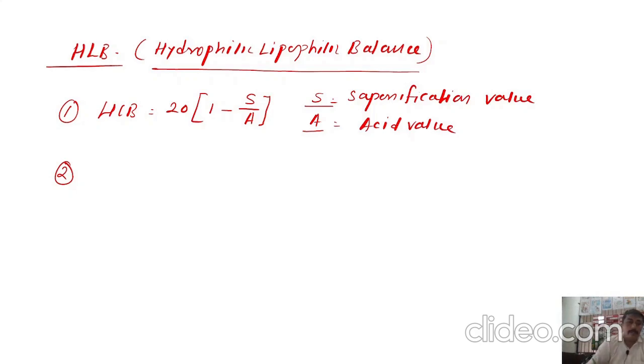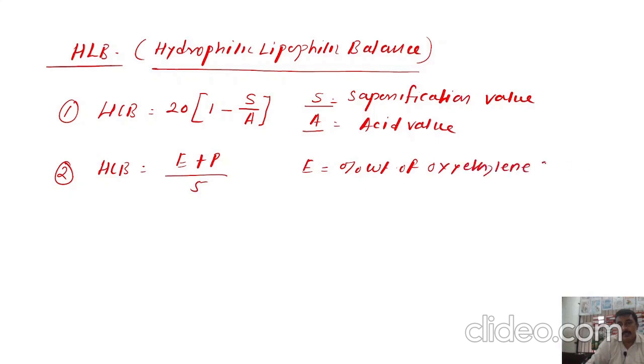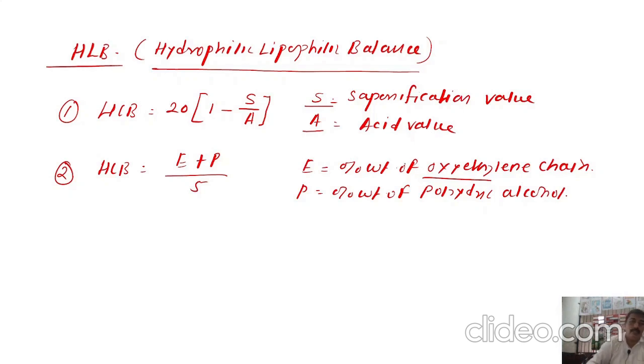So instead of this equation, you can utilize one more equation. This is HLB is equal to E plus P divided by 5. This is one more equation. So E means what? E means the percentage weight of oxyethylene chain. And P means percentage weight of polyhydric alcohol. So how much percent weight of oxyethylene chain is there in a surfactant molecule, that is E value,